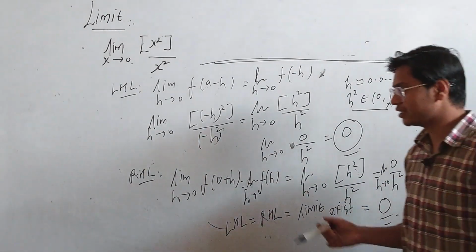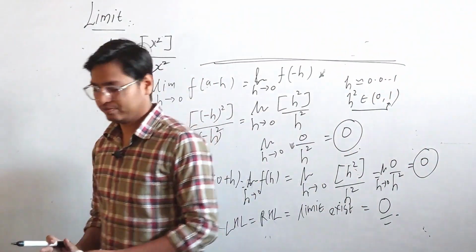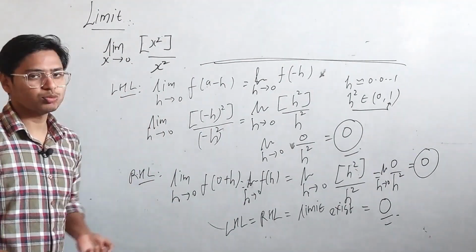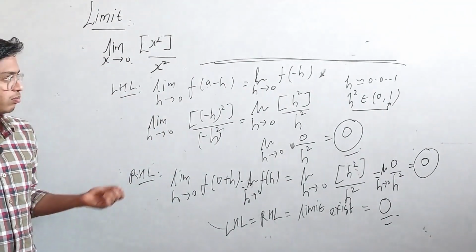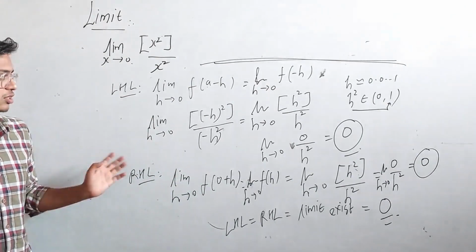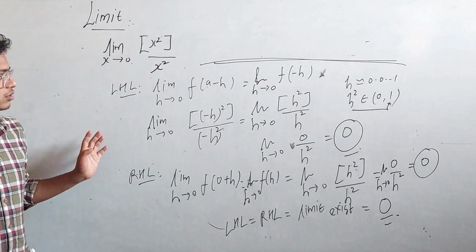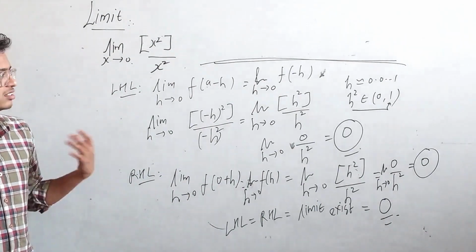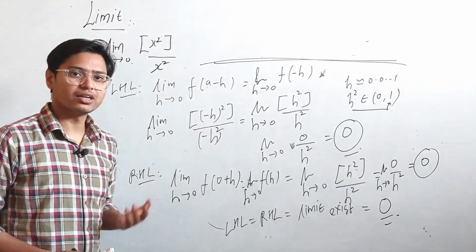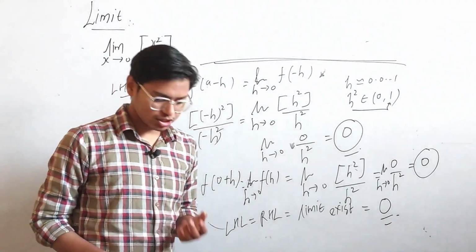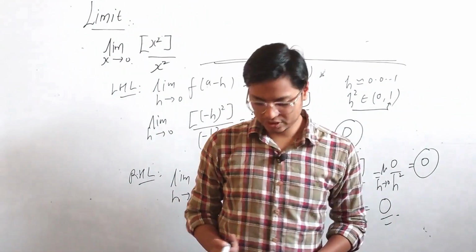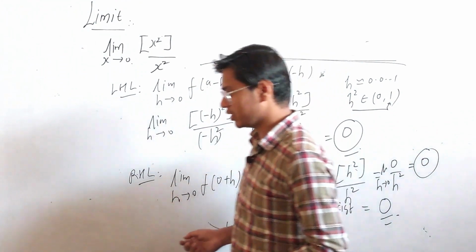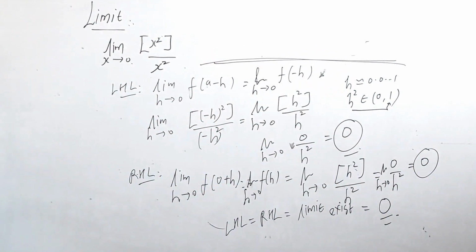So in this way we can check any function at any particular point, whether the limit exists or not, by using this method. So this is all about the concept of limit. In this concept we can evaluate many things. We can learn about trigonometric functions, rational functions, greatest integer functions, defined functions, and so on. So the next concept we can also explain.